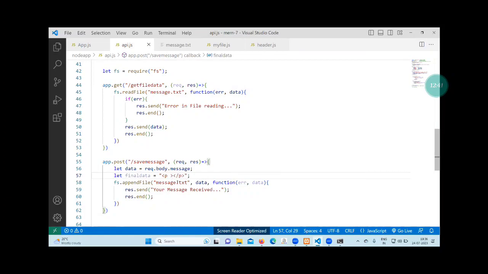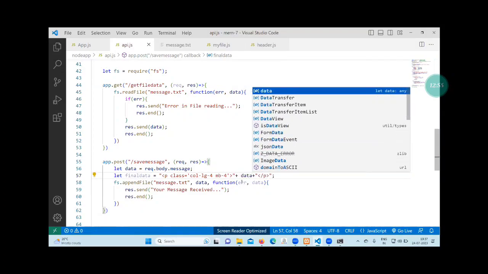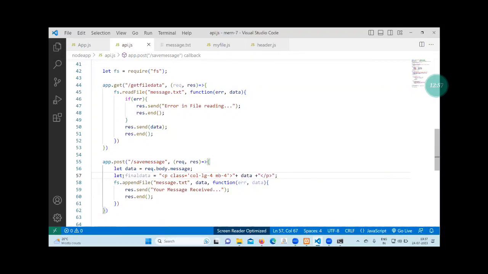Under this paragraph, you can apply a class also, so that when the message comes in the front end, it will display automatically. Let's keep col-lg-3 or 4. Let's keep 4. Next, here you pass the data variable. So when it is going to add a new message, it will not be only text. It will be in the form of